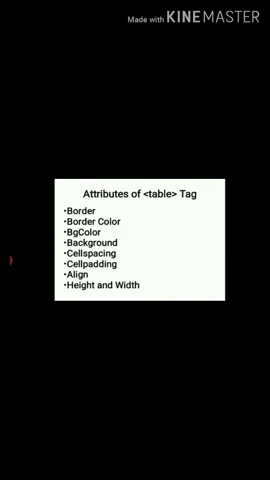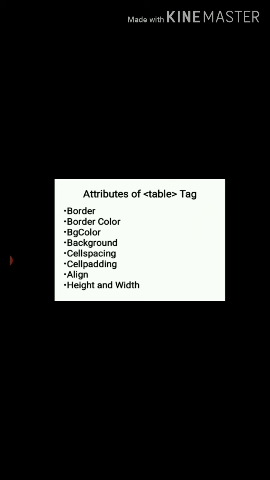Next, attributes of the table tag. You can change different attributes in a table by these attributes of the table tag, like border. You can change the border of the table: a thick border, a thin border, border style. You can change border color, BG color, background color.